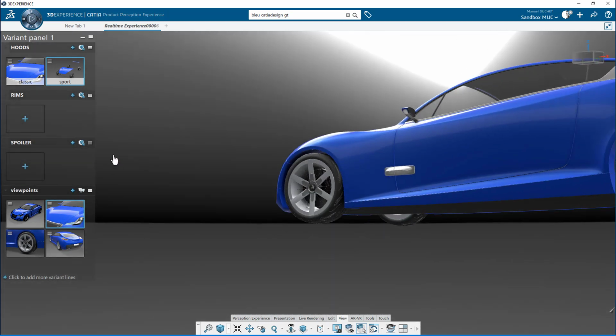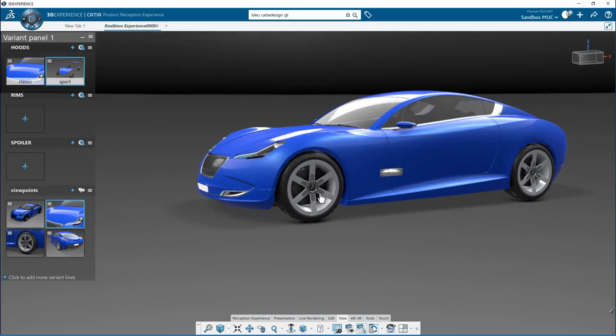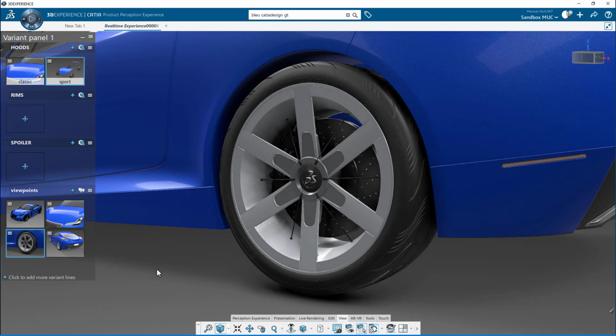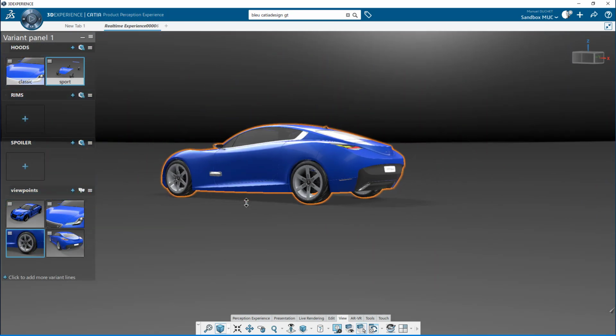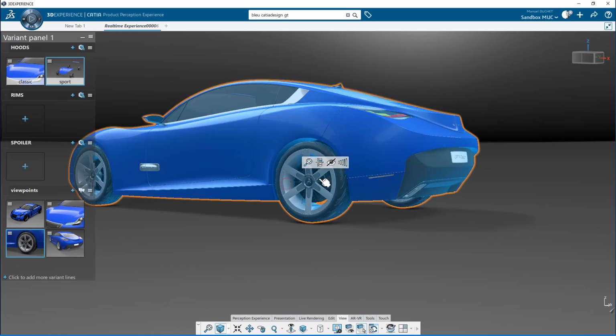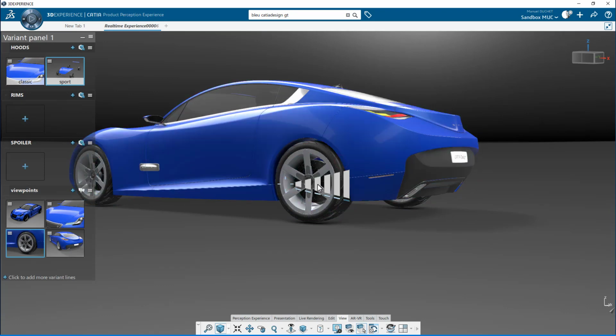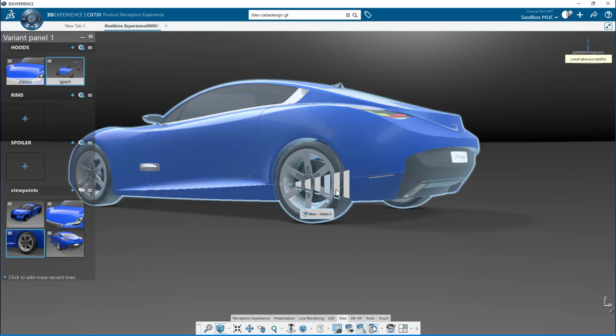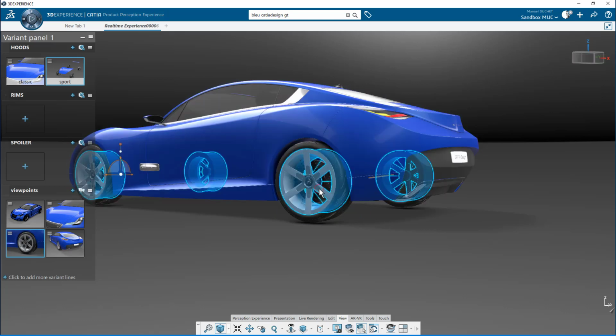Next variant is for the rims. I can reuse the viewpoint created previously, but actually I want to make sure I select the 4 rim. So zooming out, going down the product hierarchy. Yes, that's the original version of the rim.